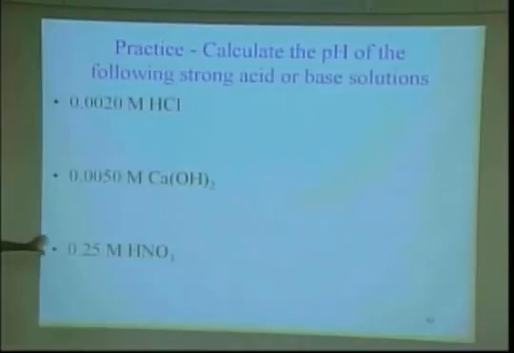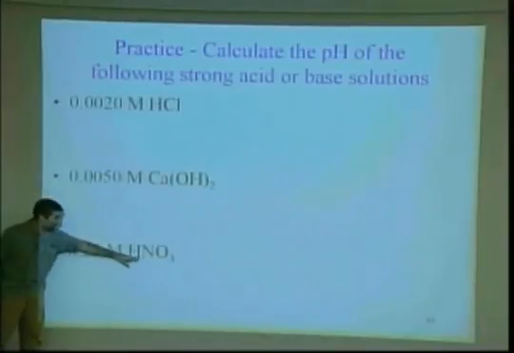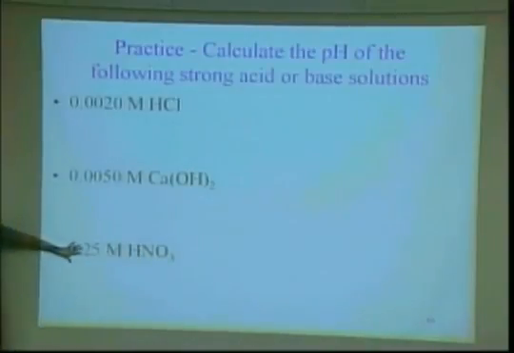Okay? Down here, 0.25 molar. I don't need to do all of this. I've already got my hydrogen ion down here. And there's only one, right? So 0.25. Negative log of 0.25 will give me the answer that I'm looking